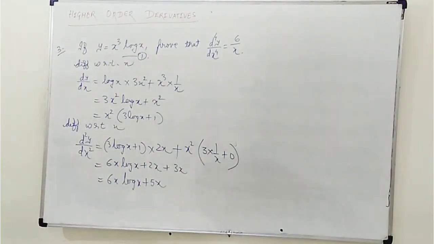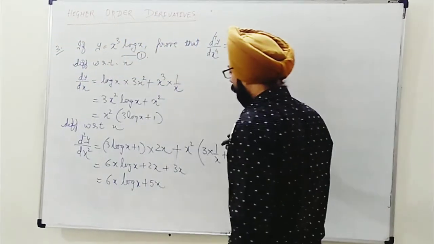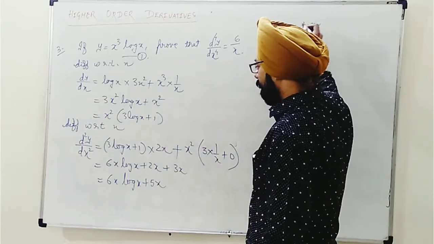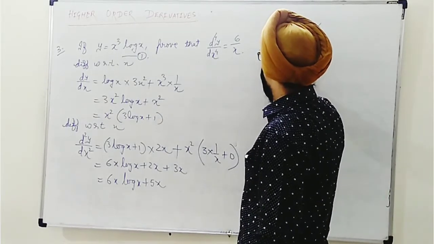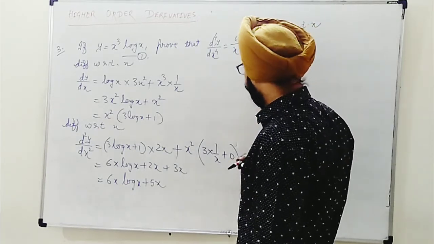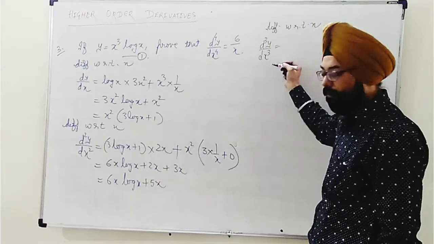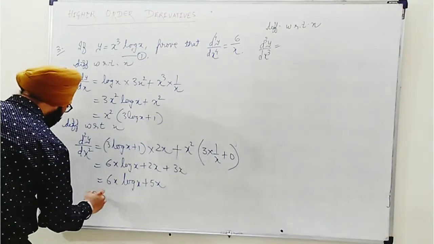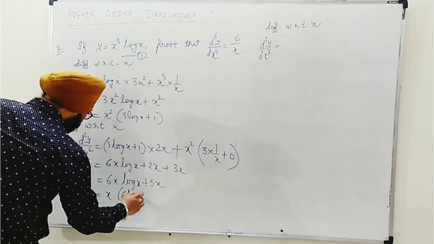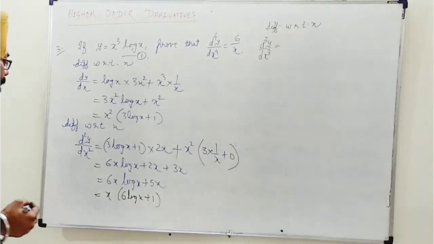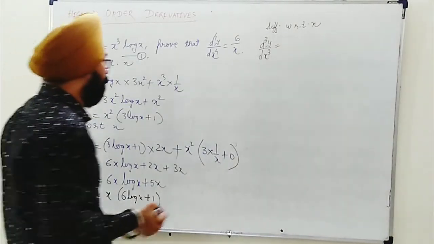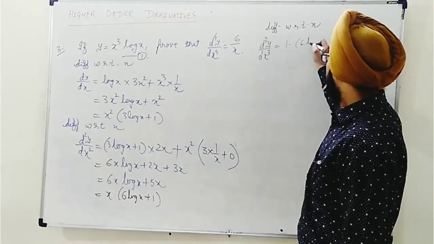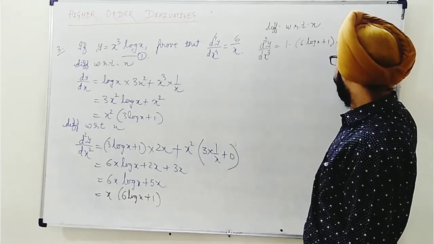This was the second order. Now the third order, if I do differentiating with respect to x, once again we get d cube y by dx cube. Here I see x is common. It will be better to take it common so that we can easily differentiate by product rule. Now you see, when I differentiate the third time, this x will turn 1 after differentiation. 6 log x plus 1 remains as it is, plus